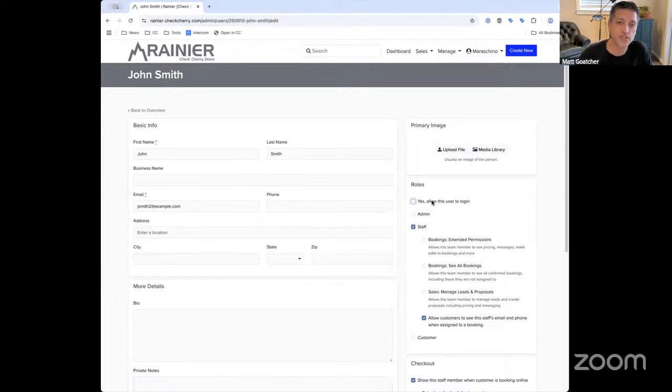We've got this checkbox for whether or not you want to allow your staff to log in. Most of the time you're going to leave that checked, but once in a while we'll have people that maybe you don't want your staff to log in. Maybe you just want them to get